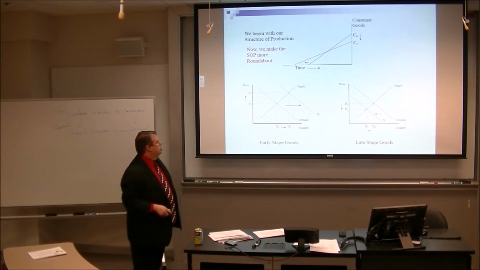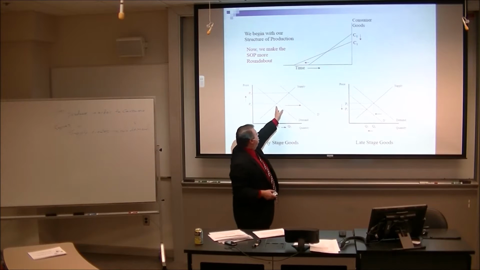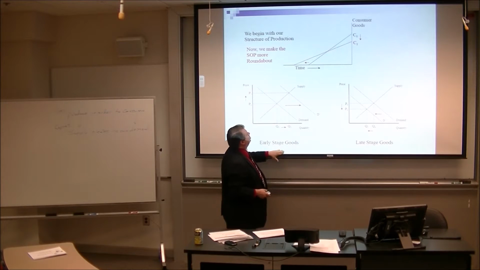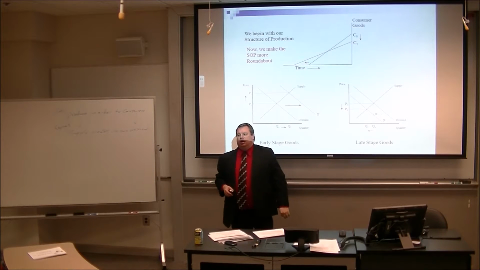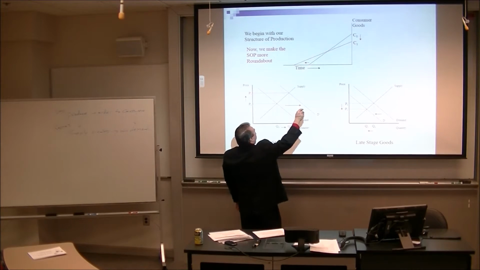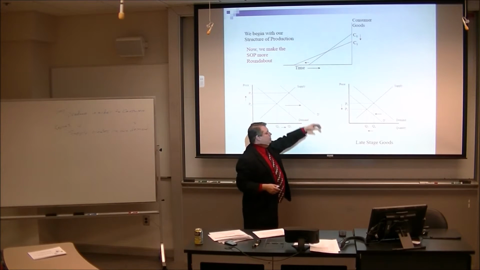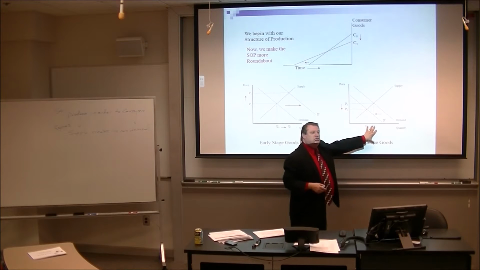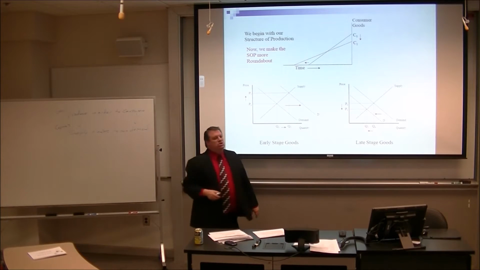Right? Here, I'll do it again. We see an increase in demand for the early stage goods. Why? Because look at how we're adding roundaboutness there. You see how it's increasing over here to the left? See up here where it says time? That's an increase in demand for those goods. But for the late stage goods, like consumer goods and such, there's a decrease in demand.